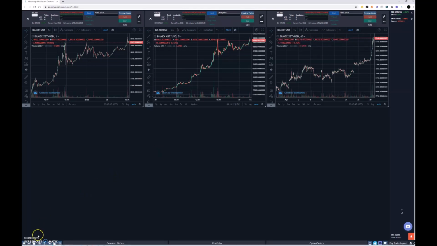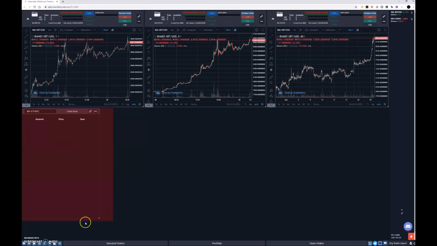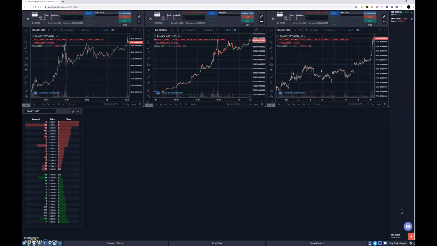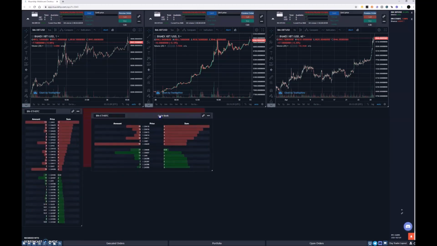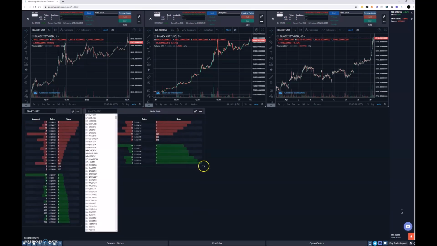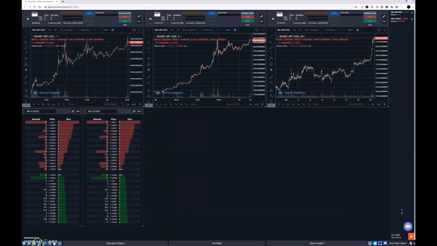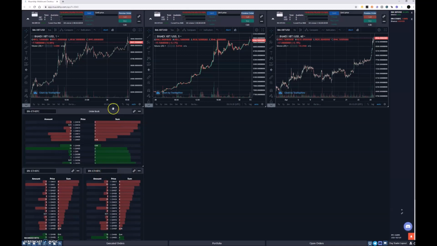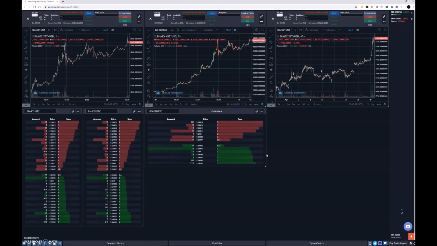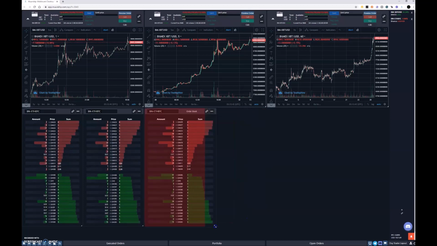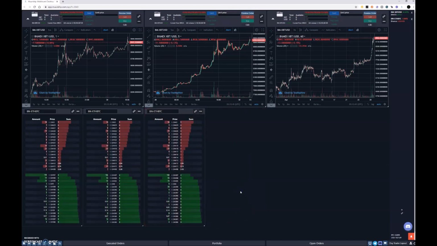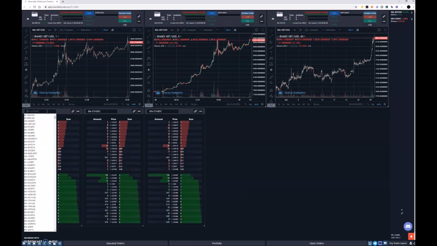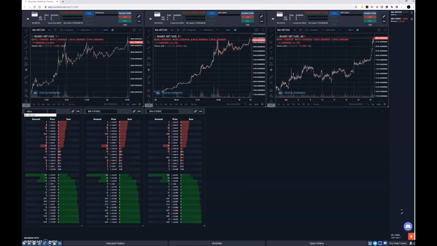Now let's go to the next one, it's order books. So here's my order book. If I need to watch multiple order books, I can do that. So there's another order book, create another one. As you can see, this is a very flexible, very simple, very useful tool where you can watch multiple markets at the same time, or you can